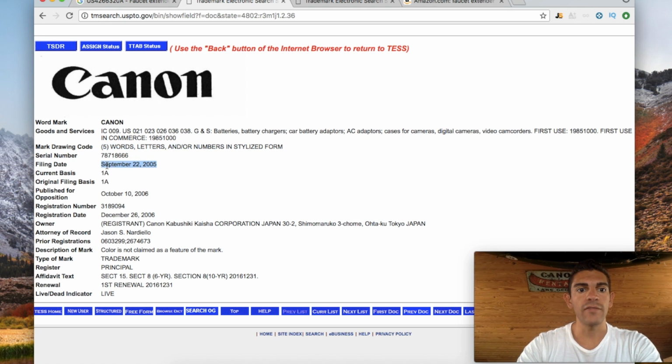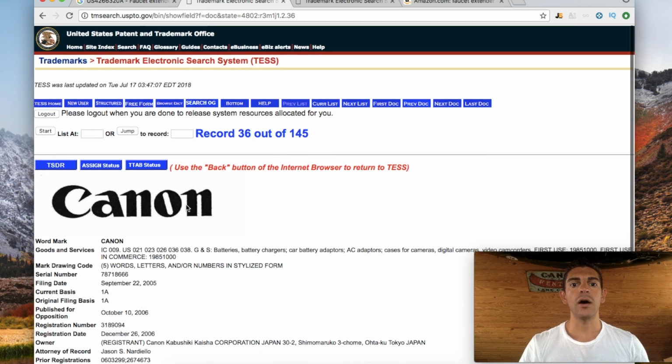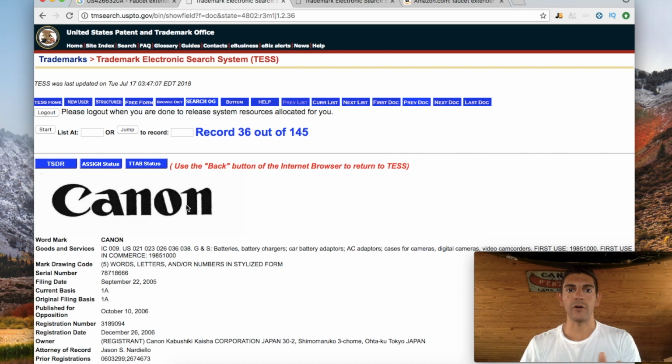You could see what date they filed for it, and some other important information that can help you when you're searching for trademarks. So those are the two ways to search patents and trademarks. And if you guys are beginners to Amazon, you need to do this just to make sure your products aren't patented or trademarked. And usually a lot of the times beginners happen to find products like this because the numbers